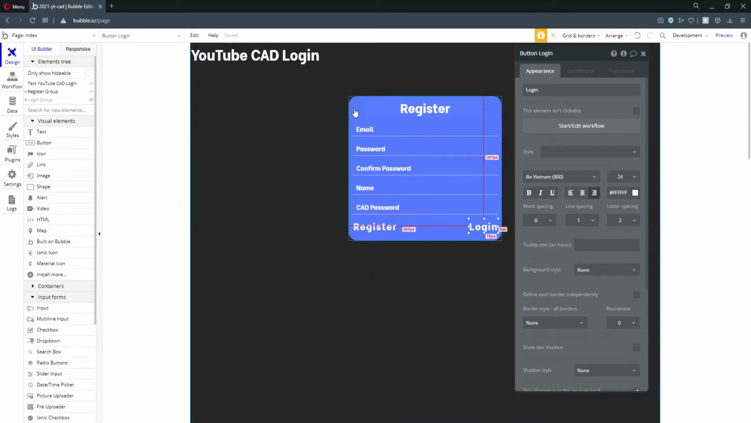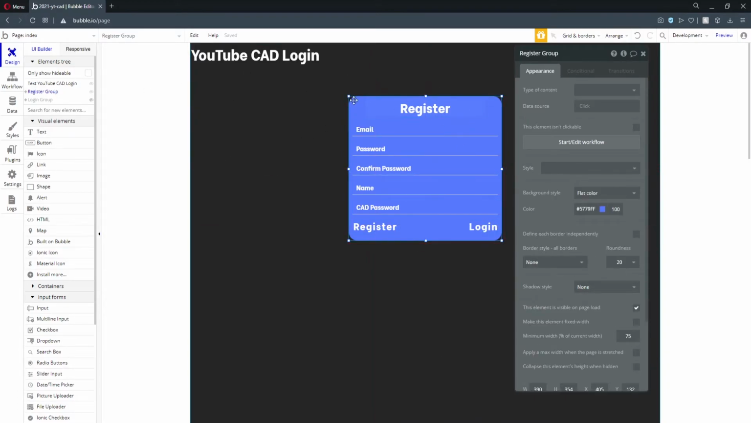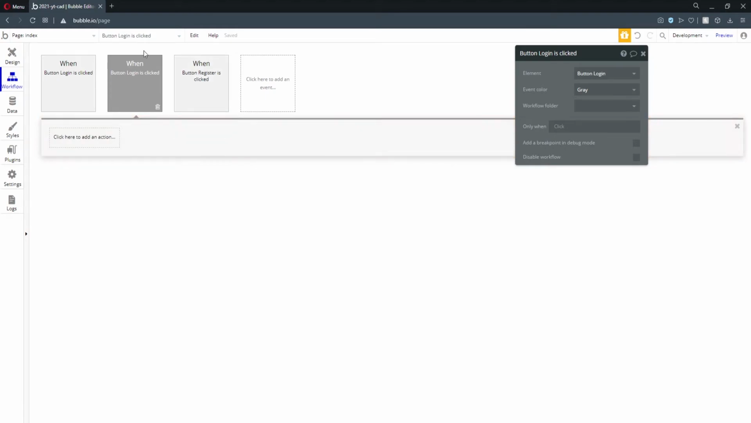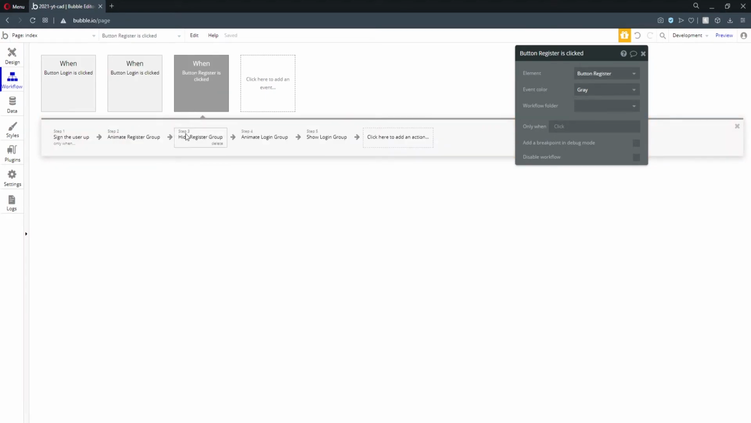This is for the register group, the one we are currently working on. I want to go to the bottom where it says login. I want to press start/edit workflow. Once you're here, I'm going to go ahead and click the when button registers click, and I'm just going to